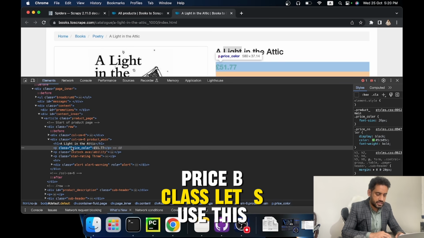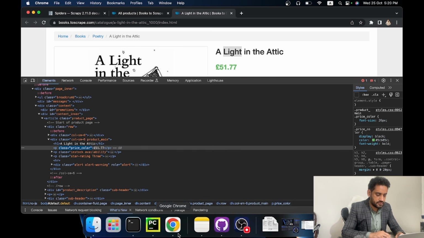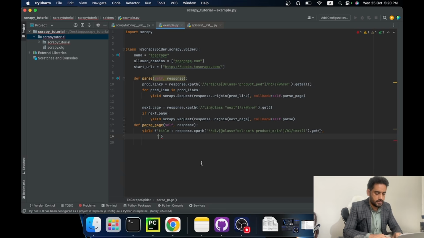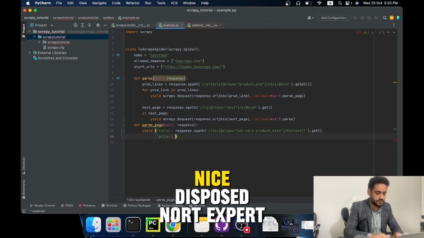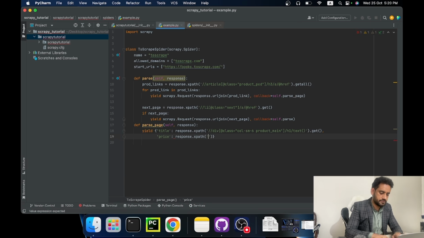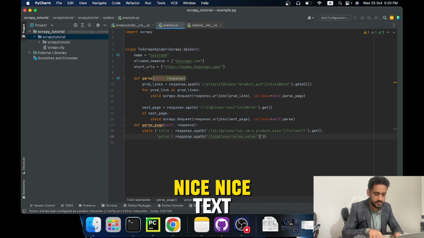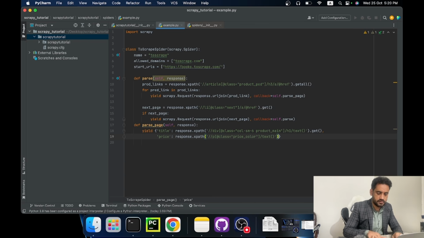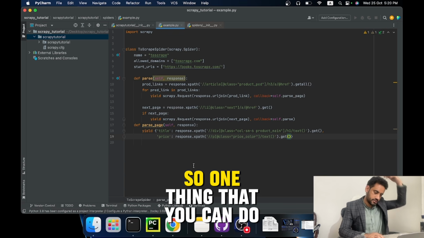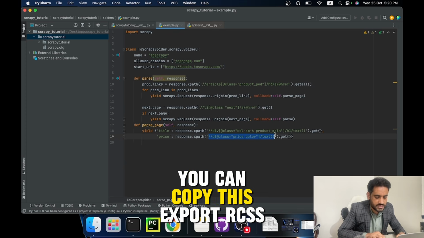Price, p class, let's use this. Price, response.xpath, p, price/text dot get. Okay, so one thing that you can do also is that you can copy this XPath or